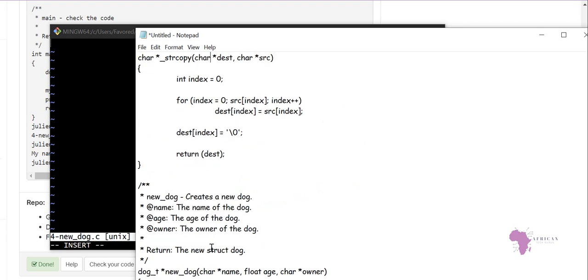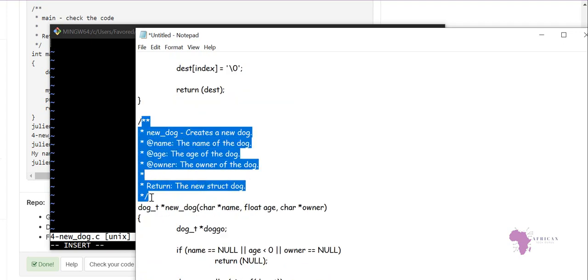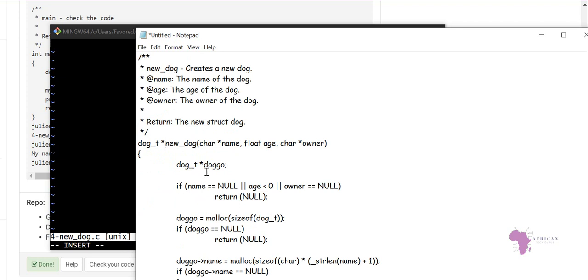I will just explain the new dog function here, which is the documentation up to here, and then dog_new. Now this is what I need. So dog_t, then doggo, which is the pointer pointing to a variable. Now let's check this particular function. It has 3 arguments: the name, the age, and the owner of that particular dog. So it checks the name, the owner, and the age